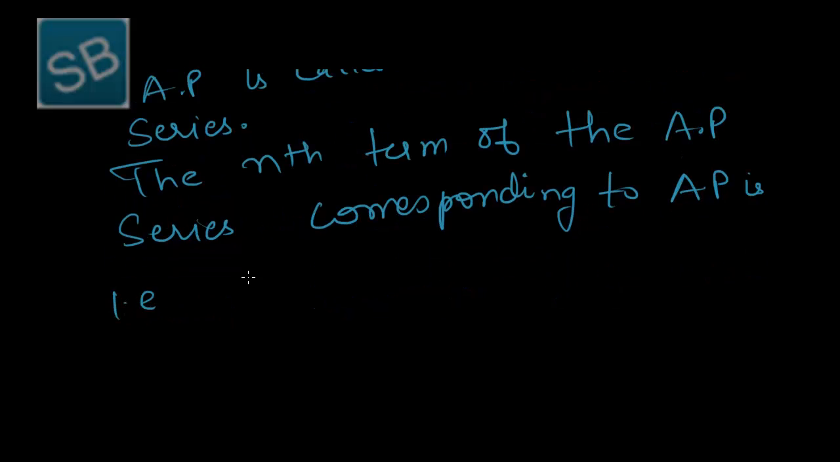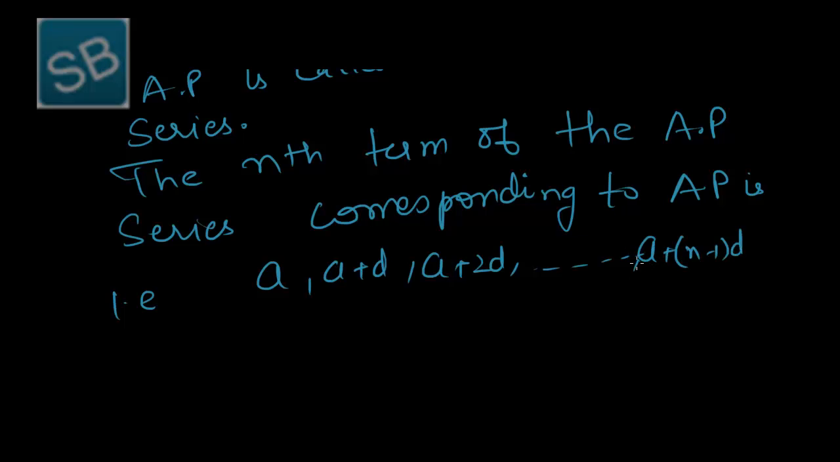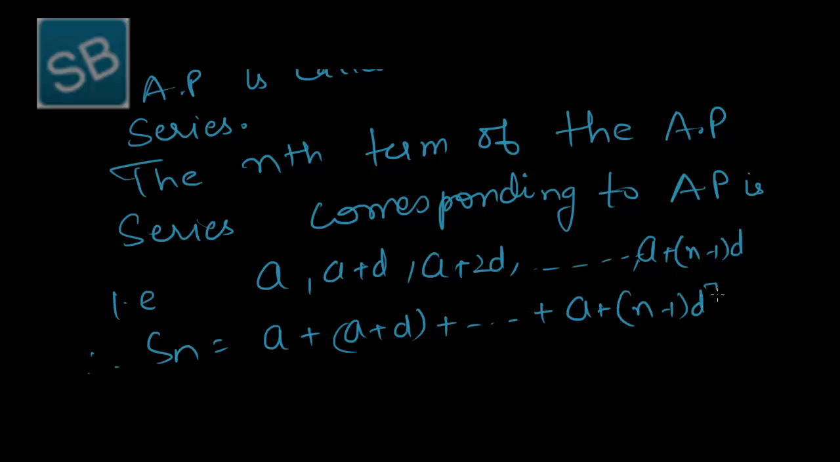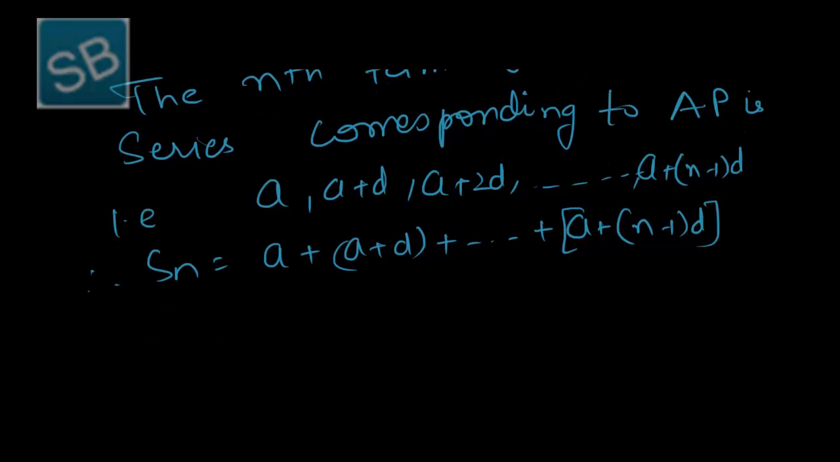that is AP sequence: a, a plus d, a plus 2d, and so on, nth term a plus (n minus 1)d. Therefore, Sn is equal to the sum of n terms, that is a plus (a plus d) and so on up to a plus (n minus 1)d. That gives n by 2, (2a plus (n minus 1)d),